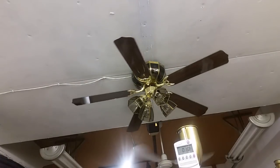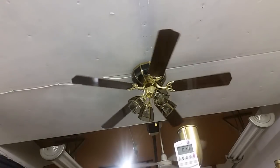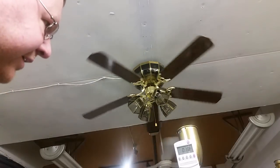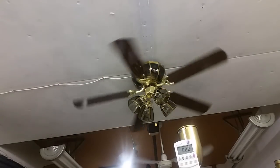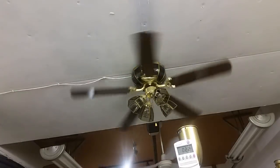Here's 3. A little higher. 4. And here's 5. So if it goes on a learning remote, it matches the low speed of the factory. Perfect. 0.2 amps, 0.22, it was 0.21, so that's practically a match on 5, so that's going to be your